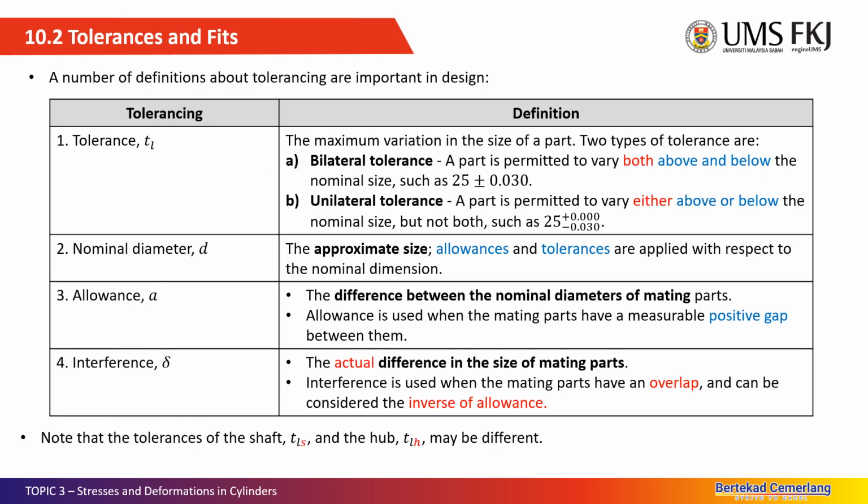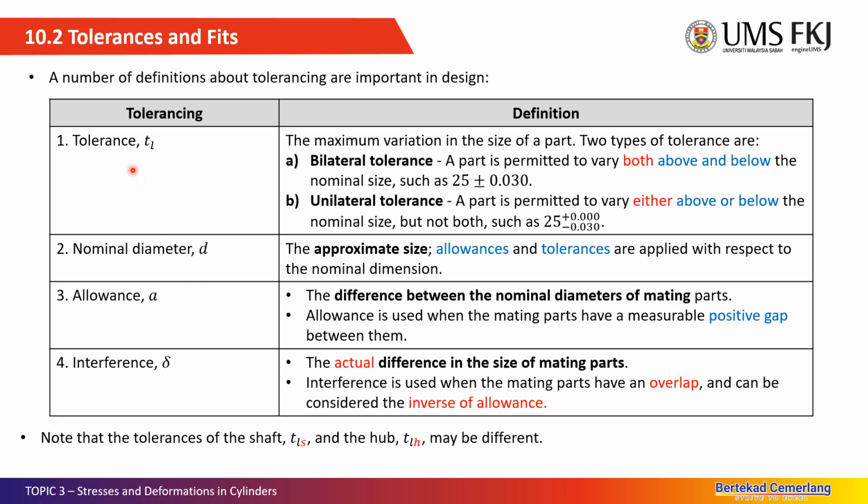10.6. So now 10.2, we start with the subchapter 10.2 about tolerance and fits. A number of definitions about tolerance are important in design. Here, about the tolerance, there are four important definitions. One is tolerance, TL, nominal diameter, represented by D, allowance, represented by A, and interference,